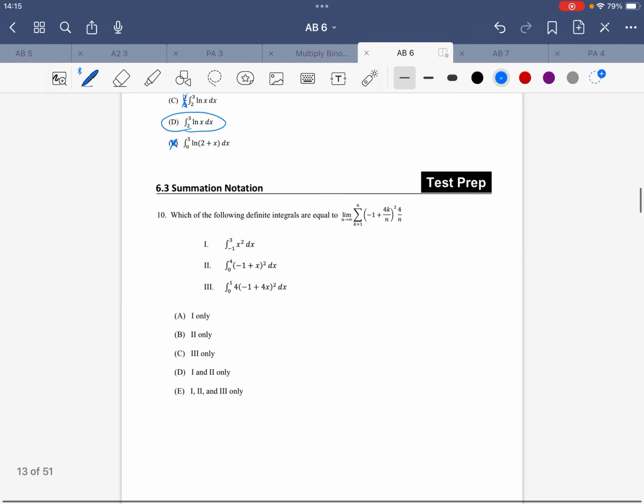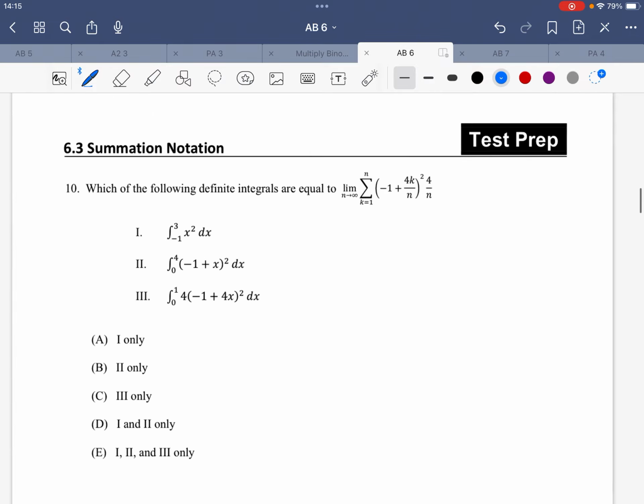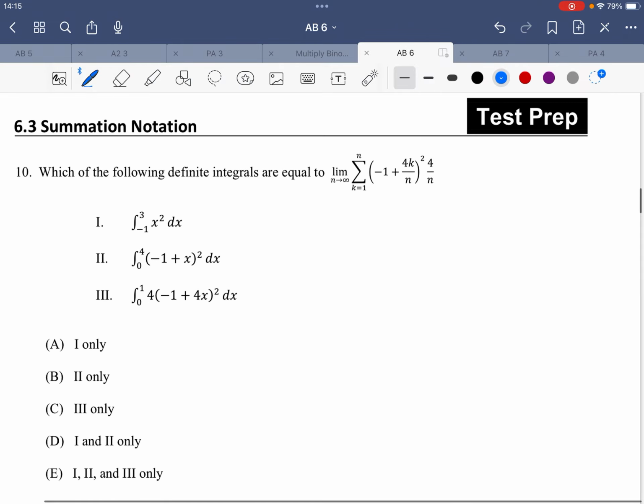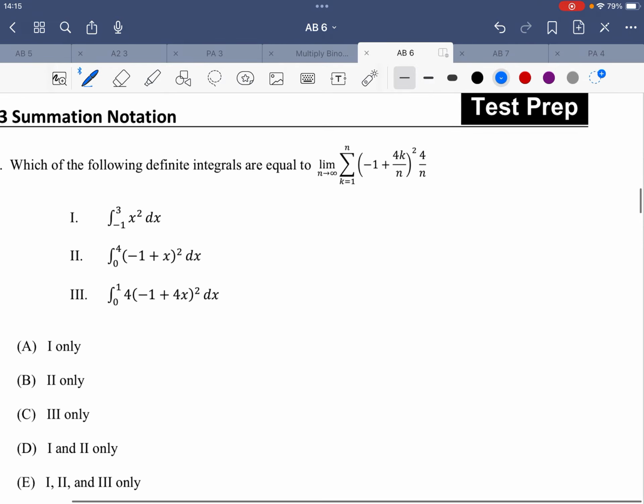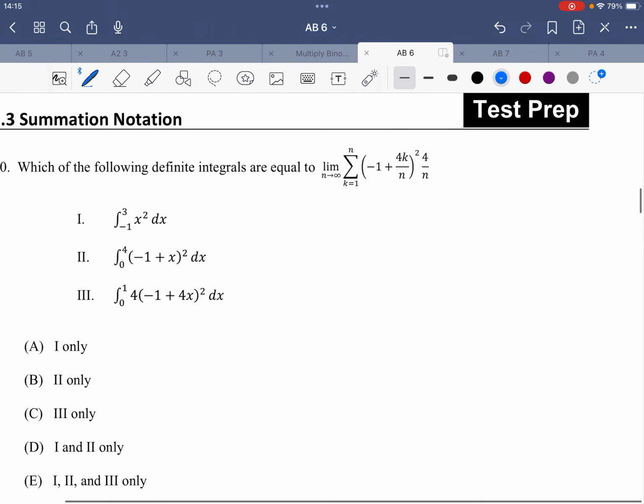Okay, moving on to test prep. Which of the following definite integrals are equal to the limit of the sum of blah, blah. Okay, so in this case, again, I like starting from here. So that means that b minus a equals 4. So right now,